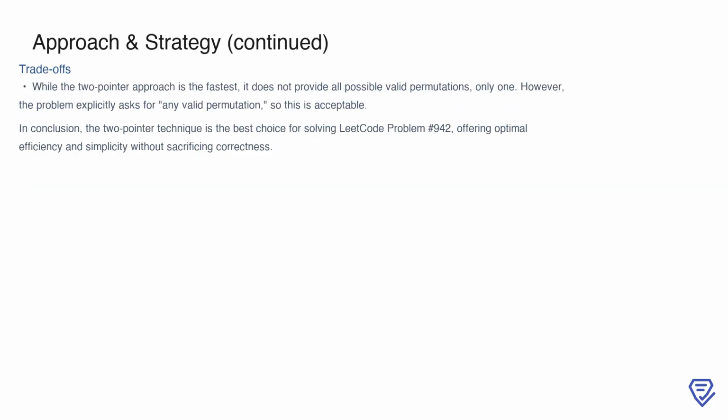While the two-pointer technique is highly efficient, it is worth noting one trade-off: it produces only one valid permutation, not all possible permutations. However, this is entirely acceptable since the problem explicitly asks for any valid permutation, not all of them. This slight limitation does not detract from the method's effectiveness, as it delivers an optimal solution in both time